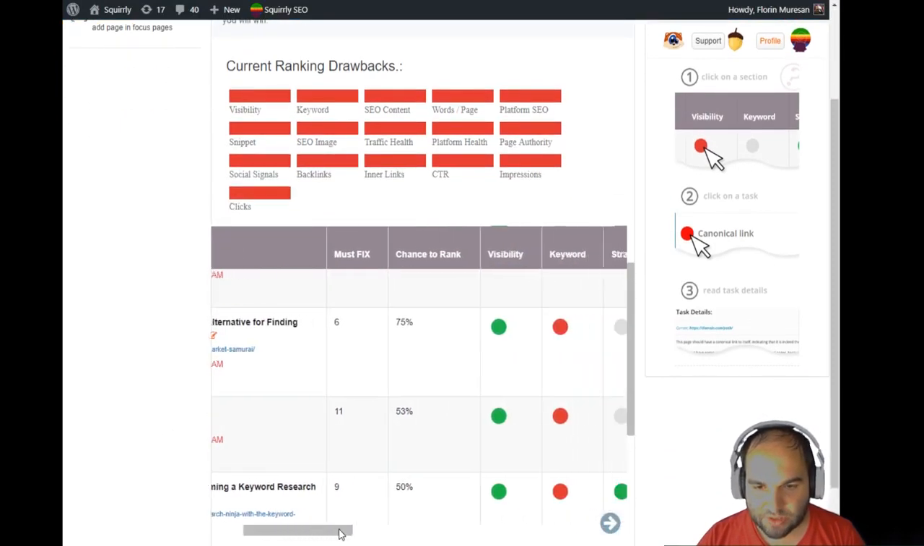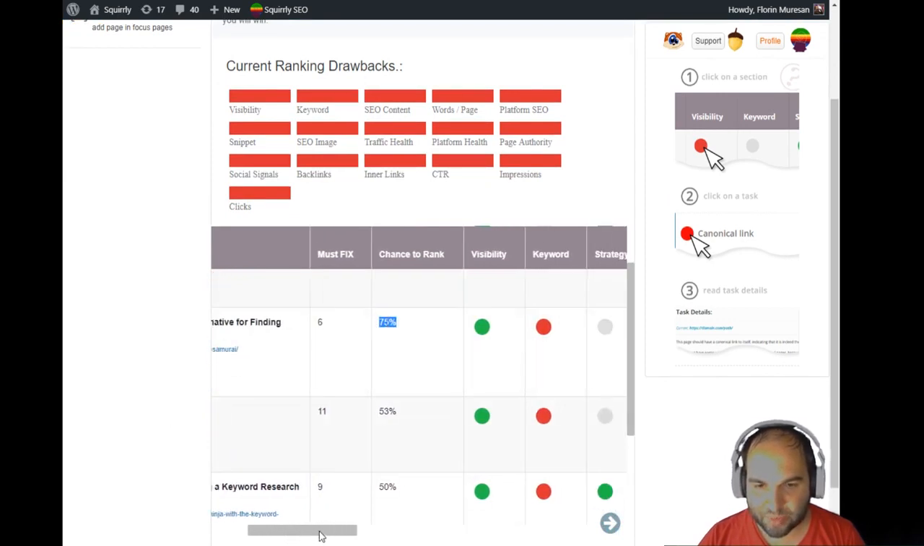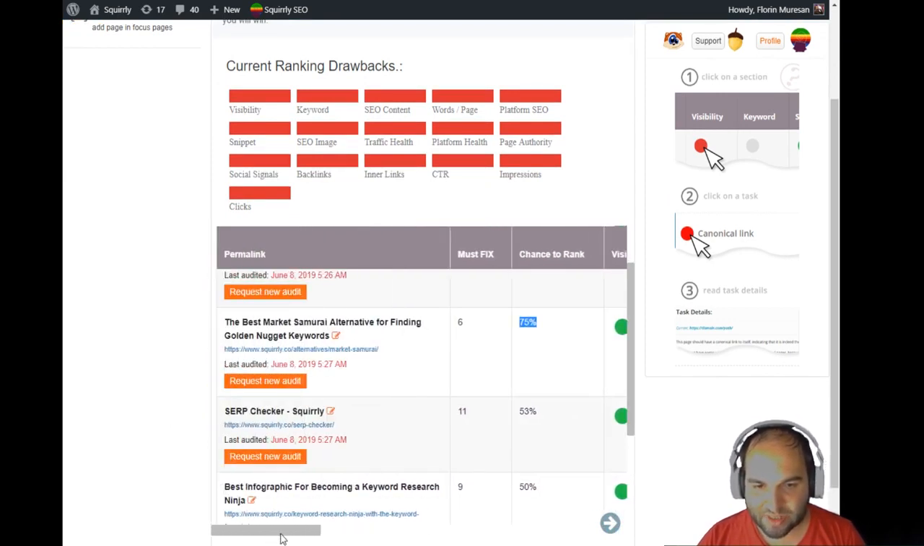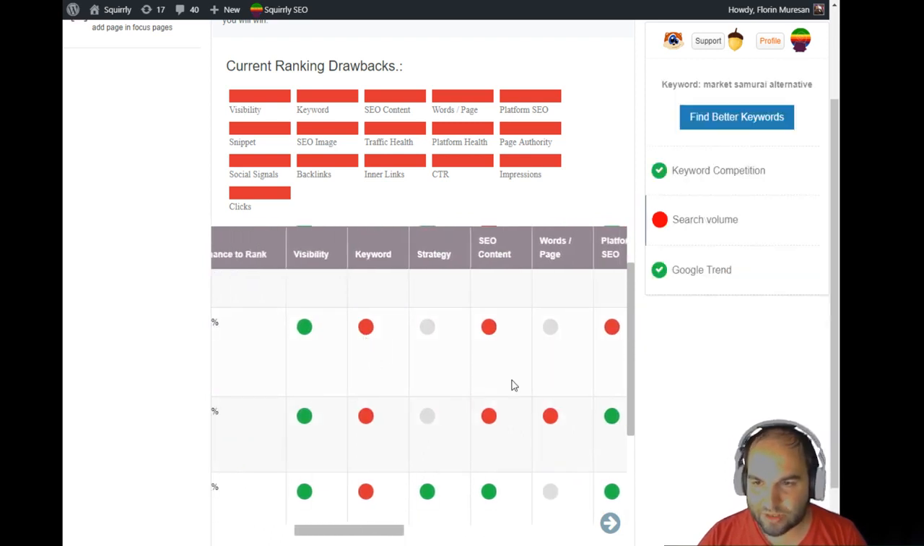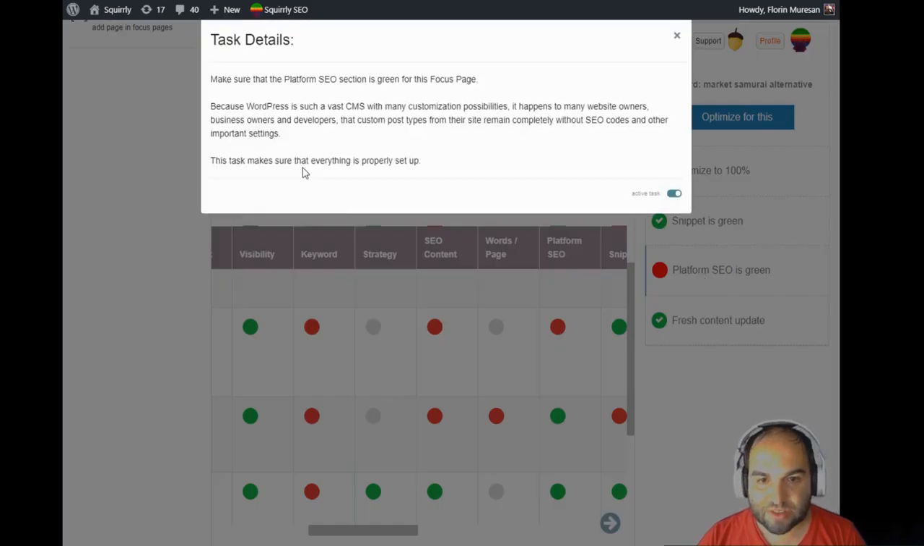So focus pages, this one has good chances of ranking, right? 75%, and it's obviously number one on Google, even though the keyword is not the best, doesn't have a lot of search volume, and the SEO content is not optimized to 100%. Also, the platform SEO is not green, which is something that I definitely need to check, because as I say